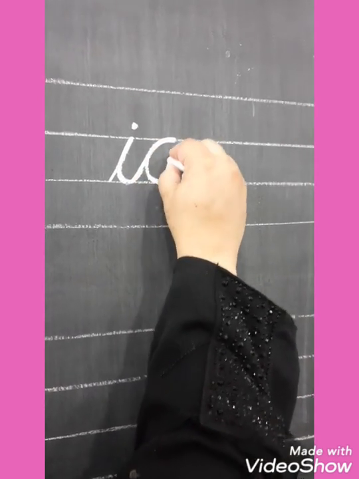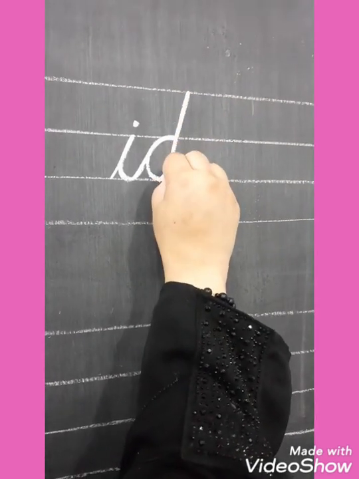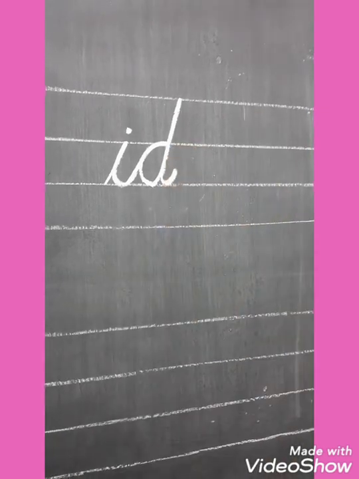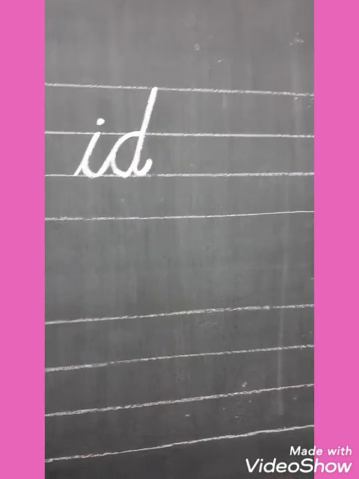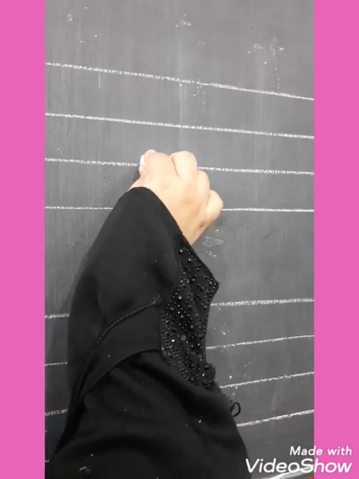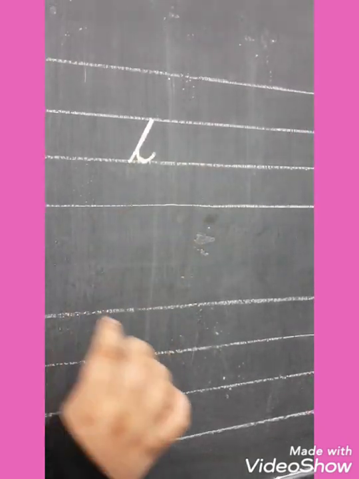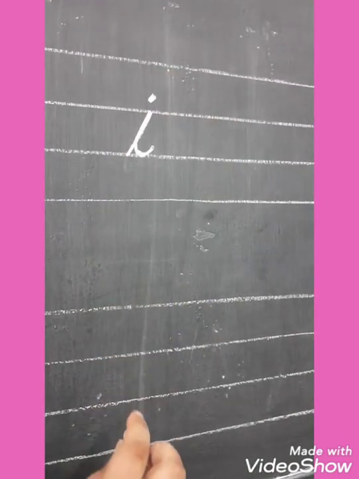अब आपने इसको अपना D बनाना है. Touch the first line, come down in the same way and separate this line and make it still. ID sounds id. The next joining is IG sound, ig. How can you join it? Start from the third line, go up in a slant, come down, separate its line. You have to put the dot at the end, like this.